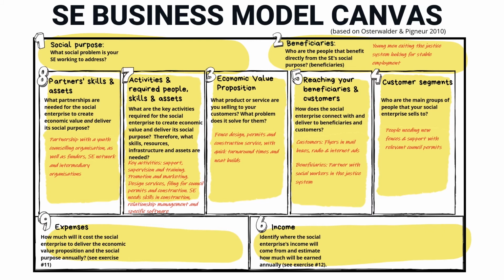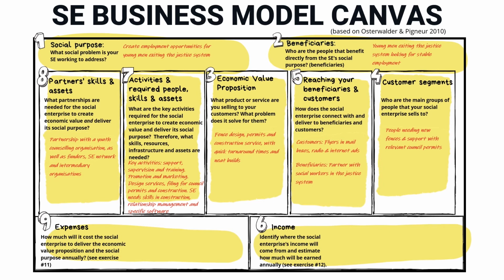So now we have a more complete picture of the social enterprise's business model and how the different components fit together to create economic value for the ultimate purpose of creating social value. In our example, we see that the social purpose is to create employment opportunities for young men exiting the justice system. Our beneficiaries are young ex-offenders who have few employable skills and are therefore finding it hard to find and